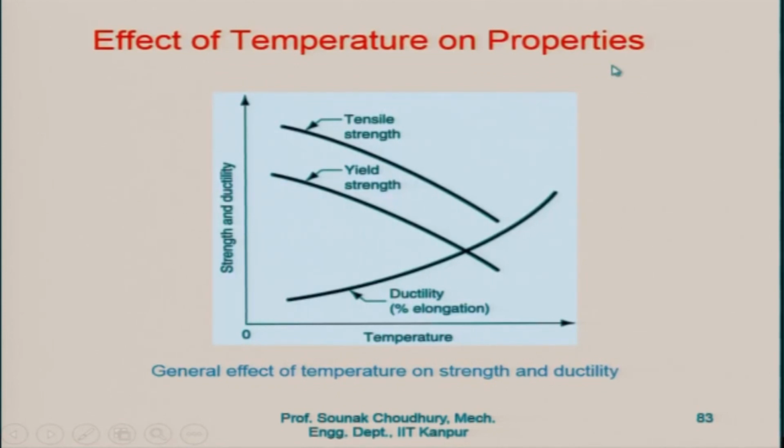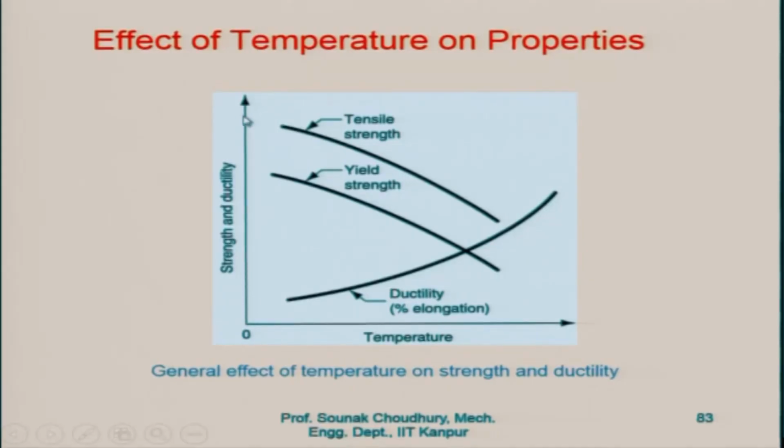Now, effect of temperature on properties, this is very important, because most of the engineering materials work to some extent at a temperature different than the ambient temperature. So, in manufacturing, in production, particularly, we are bothered about our tool materials, which work at a very high temperature. So, what is the effect of the temperature on the properties of the material, that is very important to